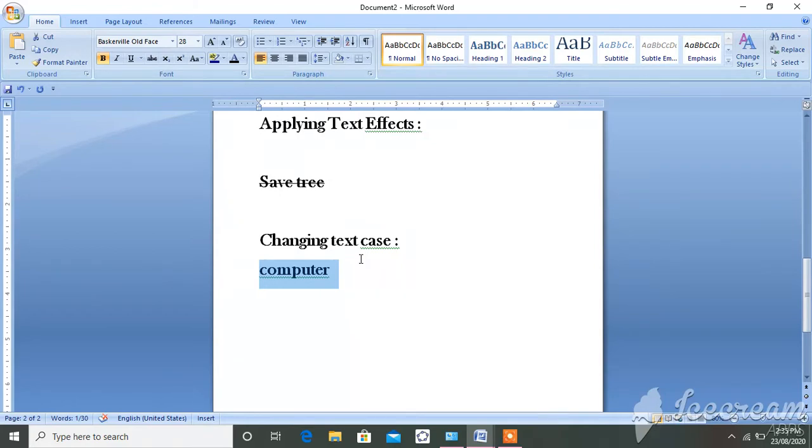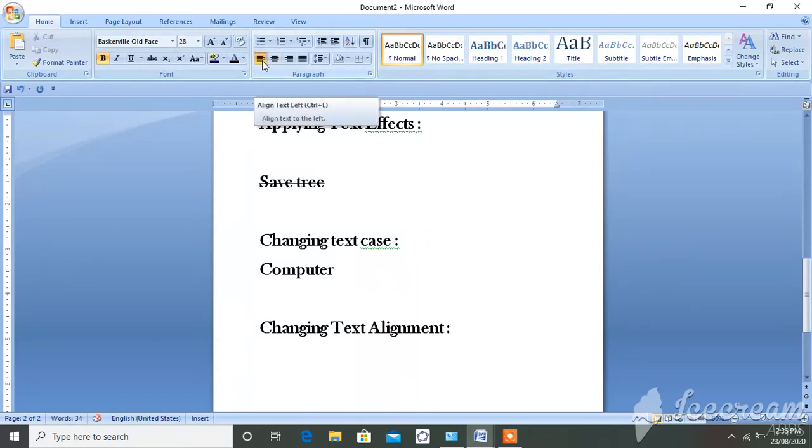Then we'll see the text alignment. Changing the text alignment. Now there are four alignments.